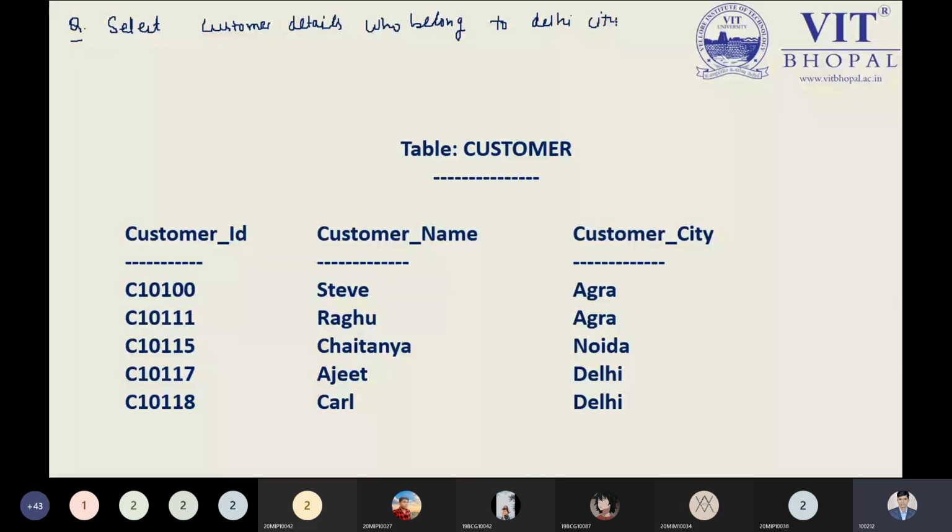You are required to understand how you can do it. Can you select the customer details who belong to Delhi city and display his or her customer ID?